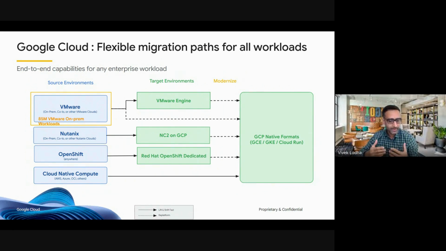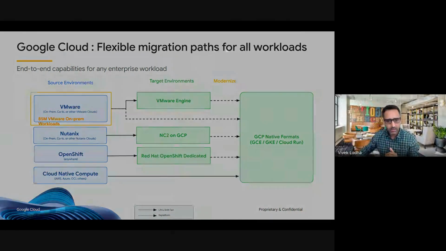But more and more, especially when I go and talk to customers, and I think probably you would also see that, there are customers who are looking to move away from Broadcom, and that's where we are investing a lot in our native tooling and our native services. So there's an option where you can take this VMware workload and directly go to a native service like Google Compute Engine or modernize with GKE. And there is tooling available for this, and we are going to talk about that later. For Nutanix, there is NC2. For OpenShift, there is Red Hat OpenShift Dedicated, right? So we have options. We cover the whole